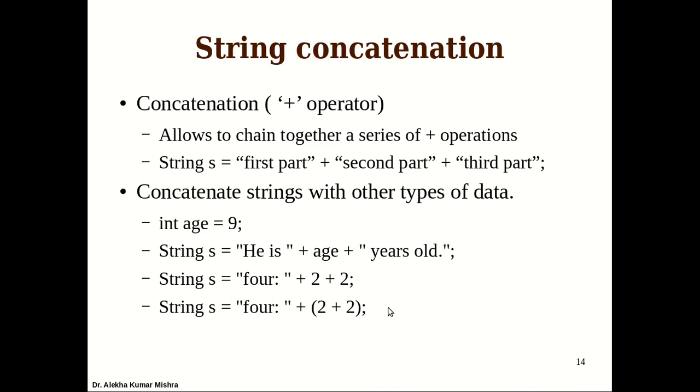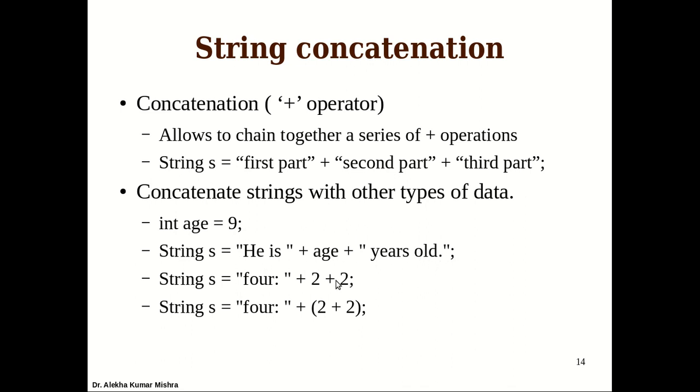Then the most common operation, the concatenation operation. We have already seen this operation while using print, generally the System.out.println method. So we use plus for concatenating more than one string. We can use it anywhere. We can also use it with other types of data, with an integer. We have seen an example here. Let's say a variable is here. We can also concatenate with the variables, like this: is plus age years old. So whatever the value of the age, it doesn't matter whether the type is integer or floating point, it will be automatically converted into string type and concatenated with the rest of the strings.